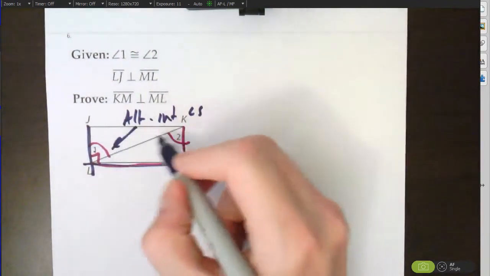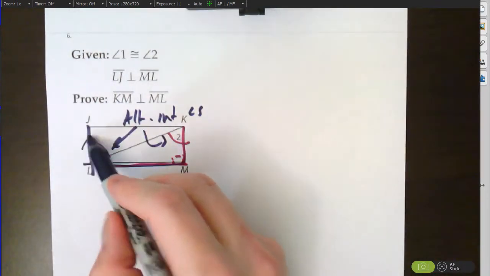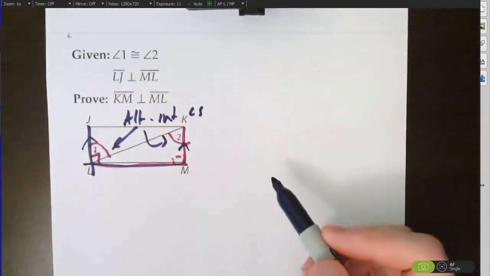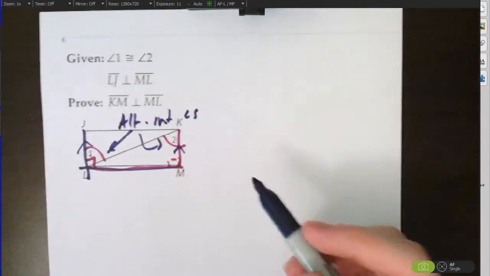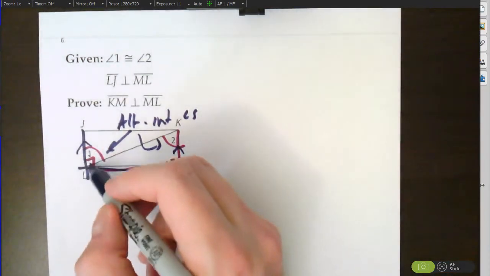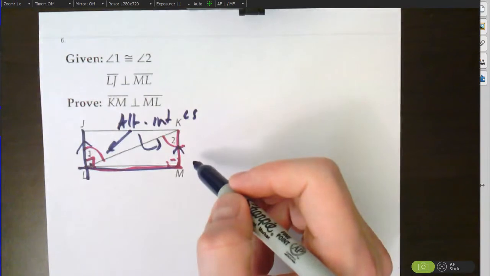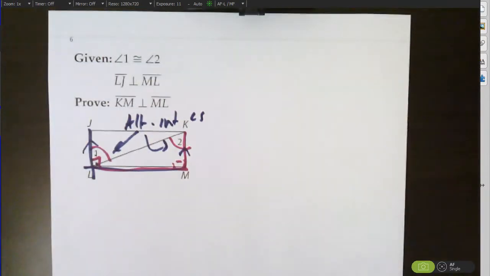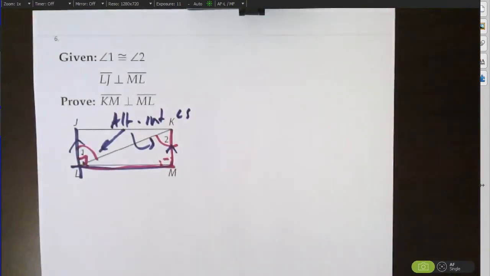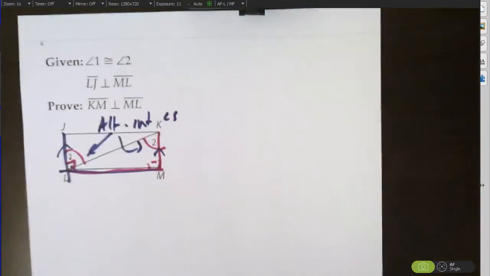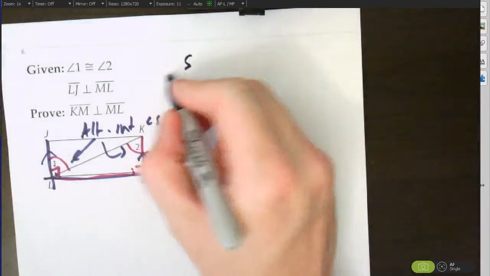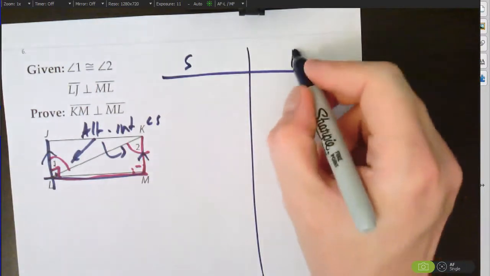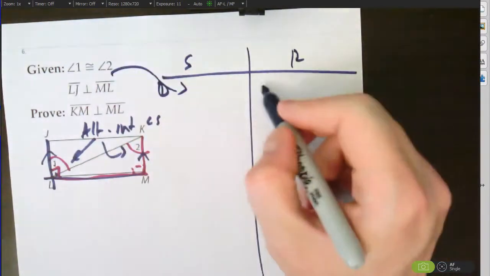So what that means for us is, hey, we got a pair of parallel lines. Okay. So if one line is perpendicular to one parallel line, it must be perpendicular to the other. And this kind of fits in really with section 3.2, but we had to prove these lines are parallel first. That's why it's 3.5. So statements, reasons, 1, given,